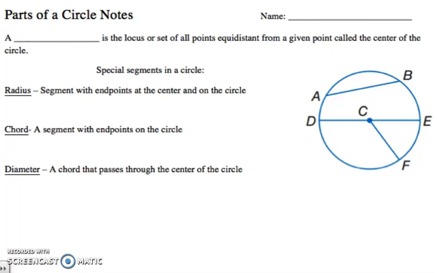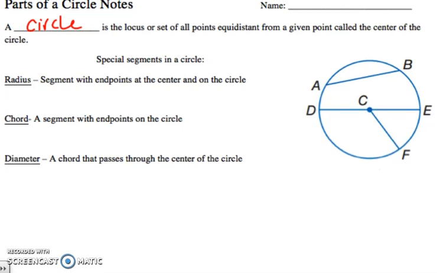Okie doke. So in this module, we're going to learn about circles. And so first off, we have to learn the parts of a circle, which is some vocab words. So first off, a circle is going to be the locus, or set of all points equidistant from a given point, called the center of